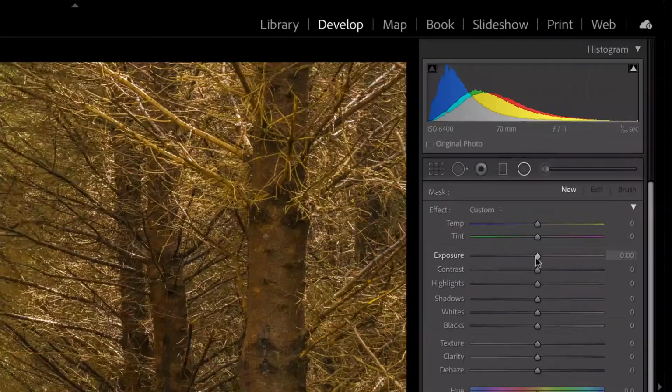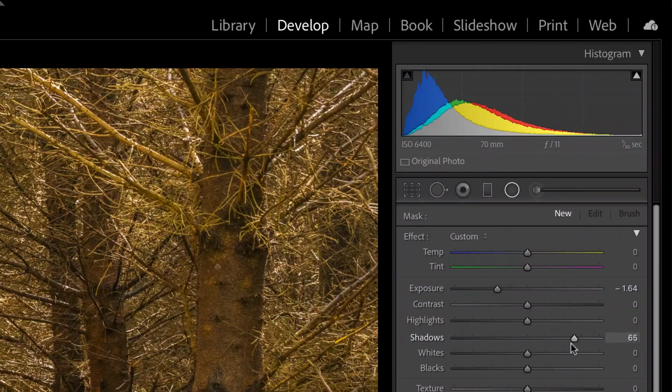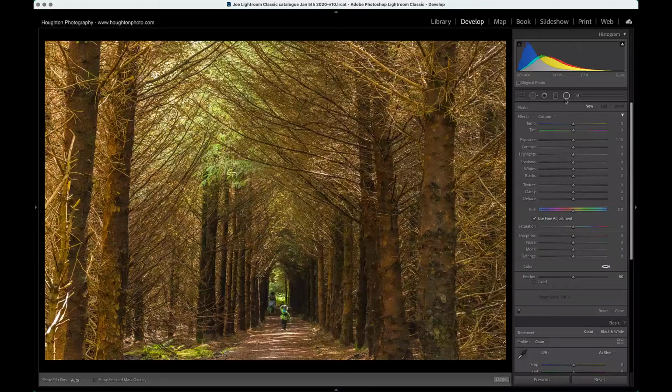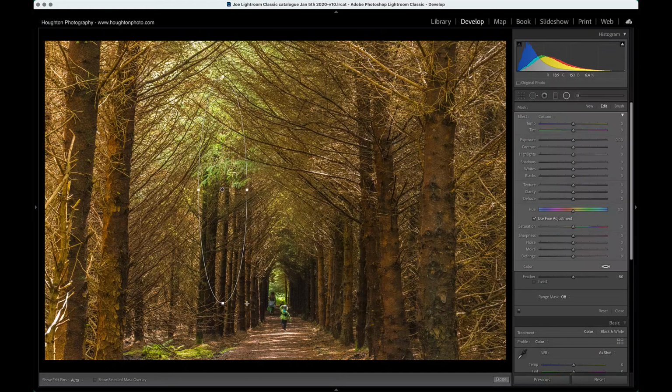If your radial filter has got settings already set from last time or whatever, when you come into it, just go up to where it says Effect and hold the Alt or the Option key down, and then Effect changes to Reset. So click on that and then it will reset everything to 0. We've got the radial filter tool open, so just click and drag and draw a longish oval like this,